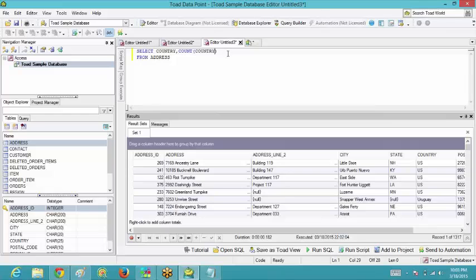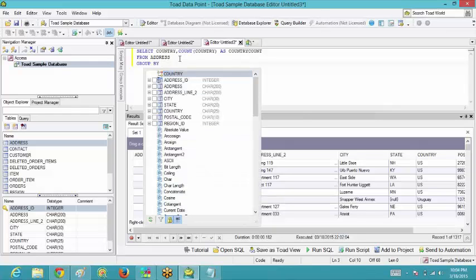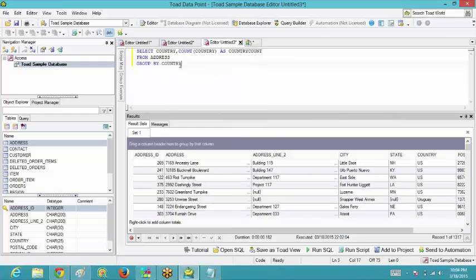So this is the syntax in which it has to be used, right? This is nothing new because we have already gone through how to use it. Then if I also want to rename it or give an alias name to it, that would be country count, from the address table. Then would be your group by clause. Now I want to group it by the country. Okay, and now execute it.